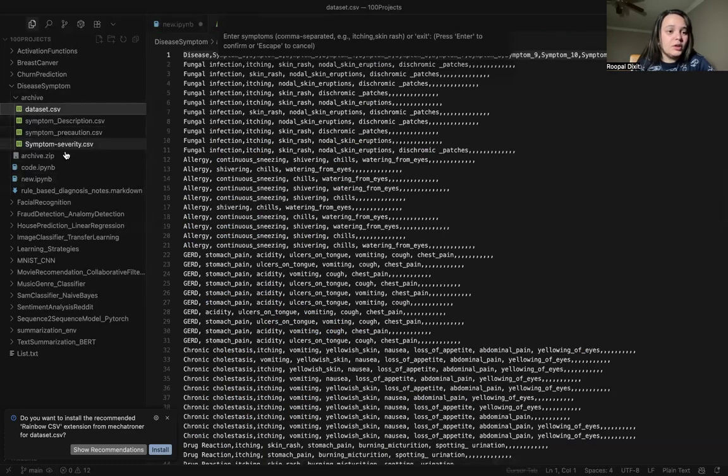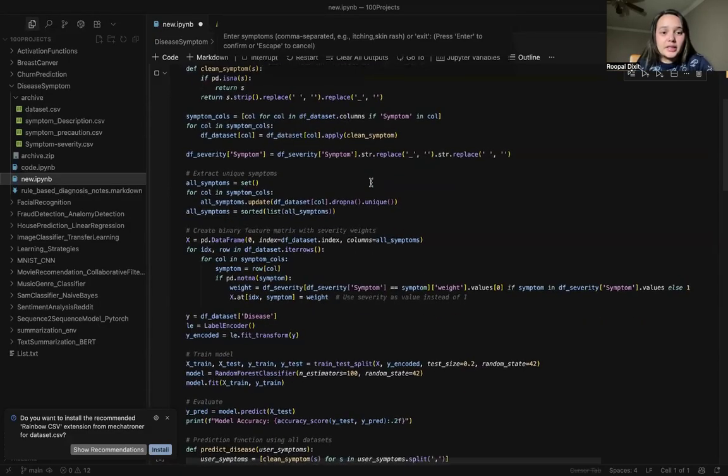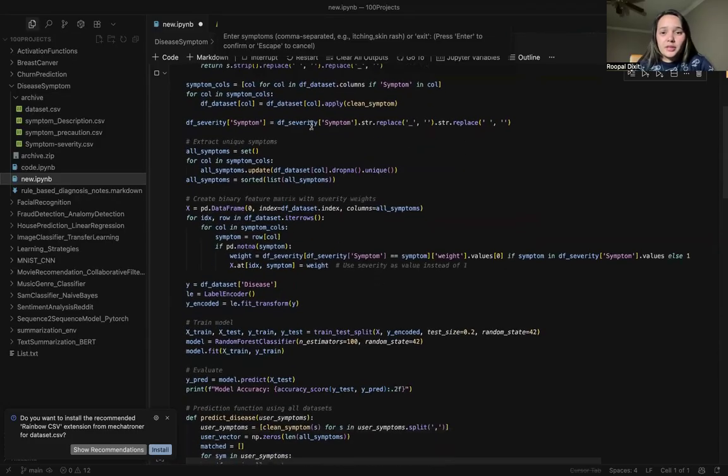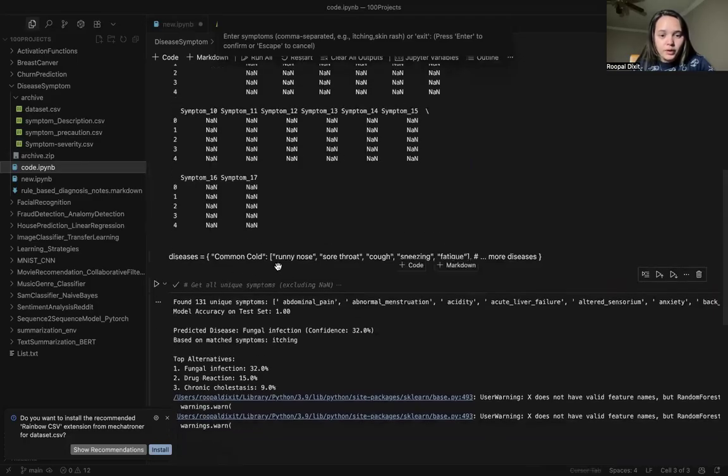We are cleaning our data set, making sure that it is converted into a data frame. It is easier, and now on the basis of that we are putting the columns together, as I showed you earlier. It should look like this: common cold.